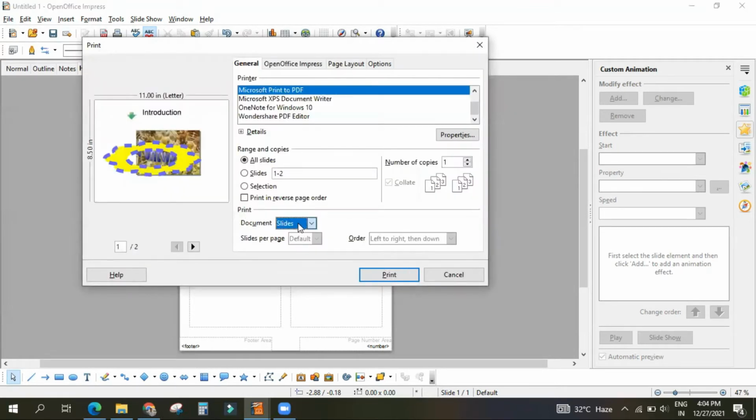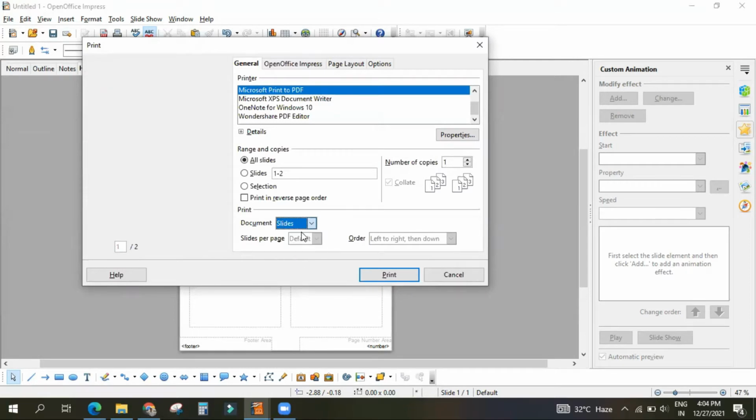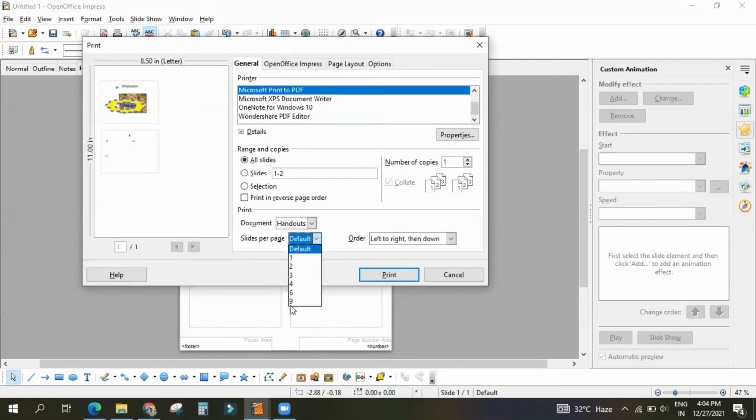Okay, here you see, document, handouts. This much number of pages can be kept in a single file. Understood? Nine you can keep. In a single A4 size paper, you can keep nine slides at a time, according to the font size, which should be visible. Someone should easily be able to read those things. Yes or no? Understood? Yes sir. Okay, nine slides you can keep in a single A4 size paper. Okay, clear? Yes sir.